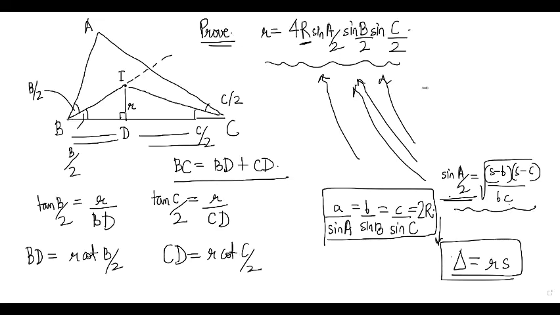Can we derive Stewart's theorem using Heron's formula? I will derive Stewart's theorem for you before the class ends. Don't worry about it. What is the other question? By Heron's formula, I don't think I have seen a proof. If you know a proof, you can tell me, but I don't use Heron's formula to derive Stewart's theorem. I use cosine rule.